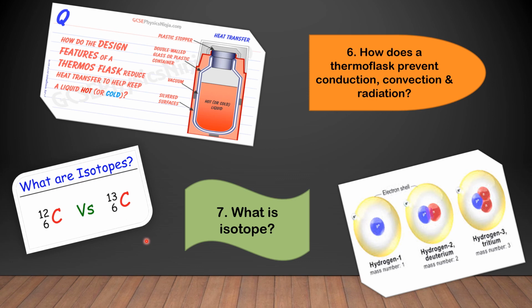Now tell me, what is the atomic number of an element? Atomic number is equal to the number of electrons or number of protons in an element. And mass number is equal to number of neutrons plus number of protons within an element. Now 12 minus 6, because 6 is the number of electrons, that means 6 is the number of protons also. So 12 minus 6, number of neutrons is 6 over here. But here 13 minus 6, that is 7. So it differs. That's why they are called isotopes. Same thing happens in case of hydrogen also.